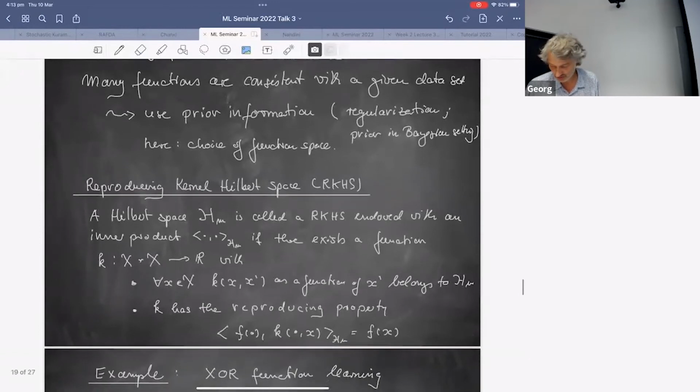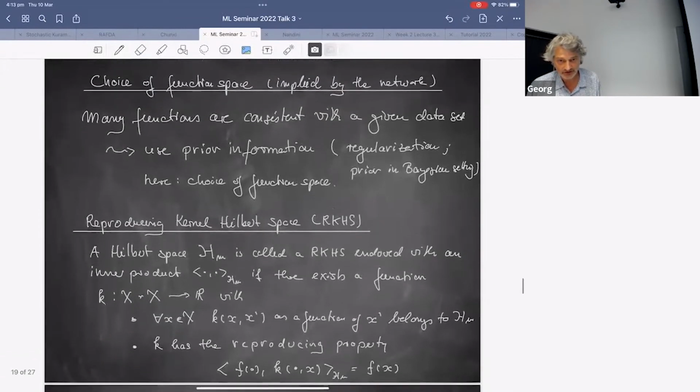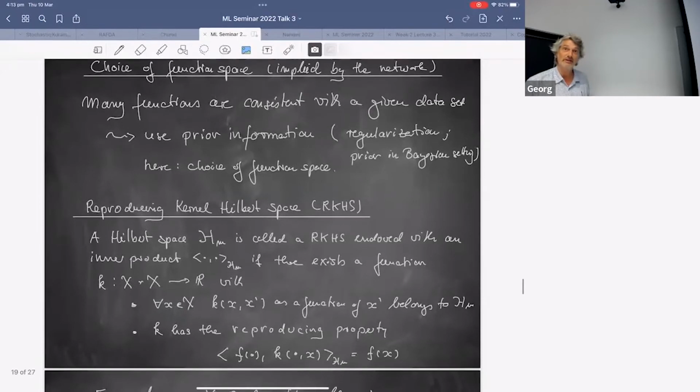Since this problem of generalization already appears in kernel methods, and since we talked about kernel methods, I want to talk about a particular function space called the reproducing kernel Hilbert space. I'm going to give you an example in a minute. I first want to introduce what it is. It's a Hilbert space that has an inner product, and we call it a reproducing kernel Hilbert space if one member of this Hilbert space, which we call a kernel, is part of the Hilbert space and has what's called the reproducing property.